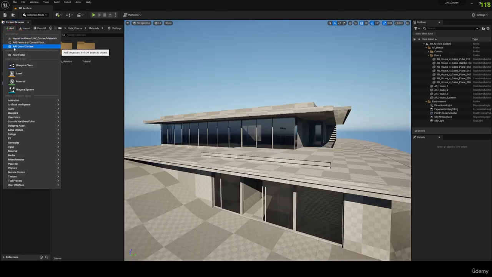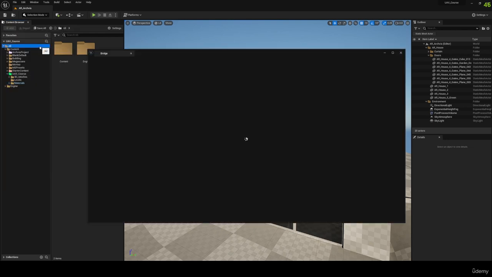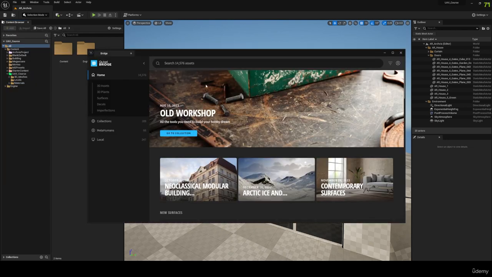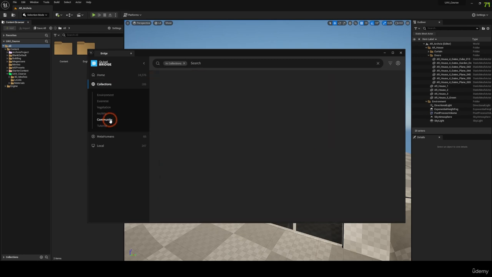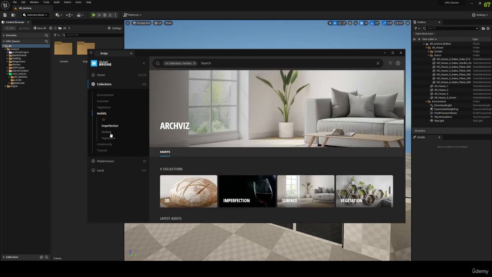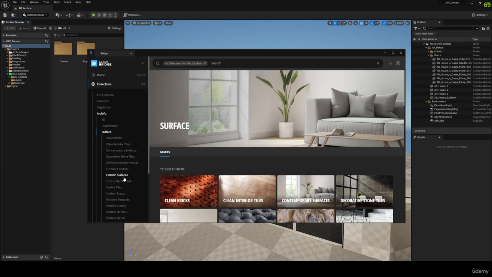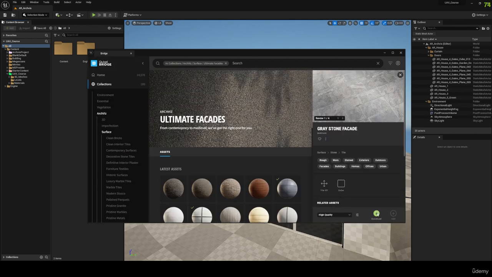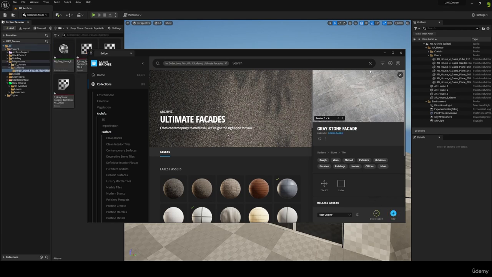For other materials, we have Quixel Bridge. Let's open Quixel Bridge and log in. We have lots of surface materials we can use here. I recommend you download medium or high quality textures because if our scene gets heavier, we might need better system requirements. From the very start, have this logic in your mind so you will have fewer problems